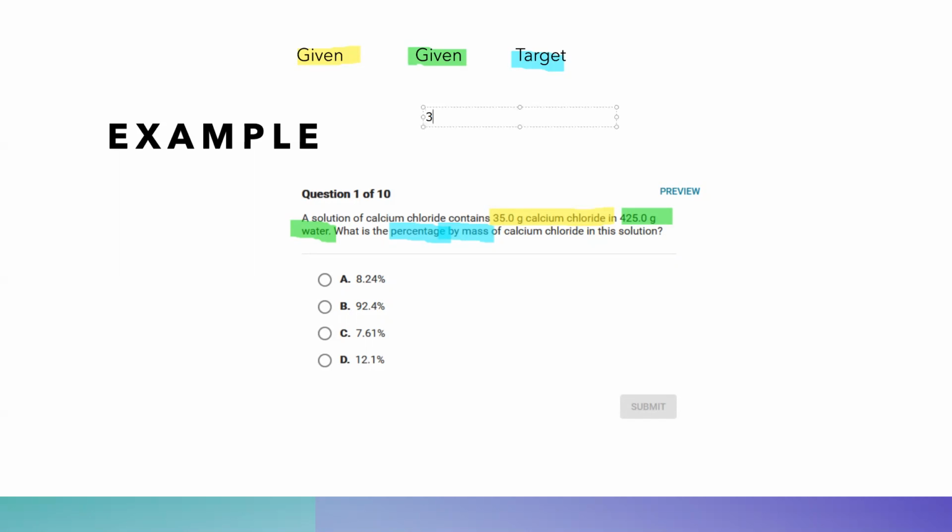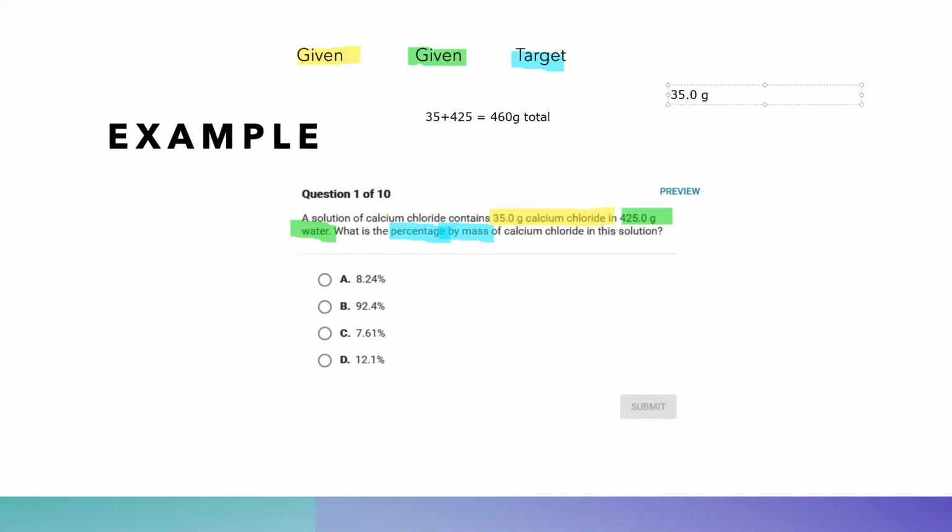So the first thing we have to do is get 35 plus 425, which is going to be equal to 460 grams total. And from that, then we're going to need to divide that 35.0